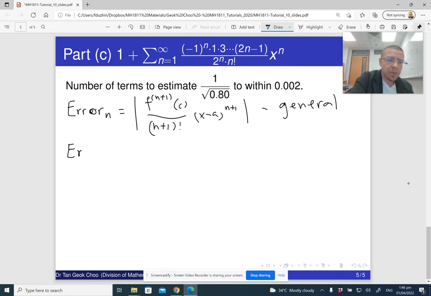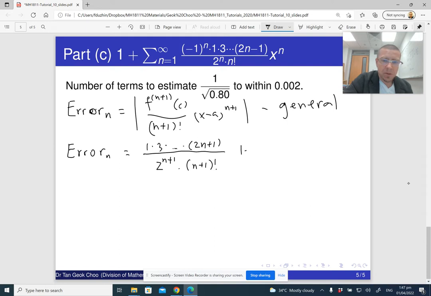So in our case, when we key in our own function and our own n plus first derivative, we will get this: 1 times 3 times and so on times 2n plus 1, divided by 2 to the n plus 1 times n plus 1 factorial times 1 plus c to the power minus 2n plus 3 divided by 2, and well, okay, x raised to the power n plus 1, right? Okay, now